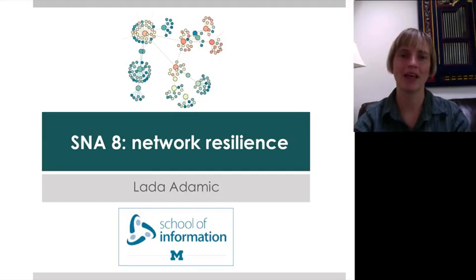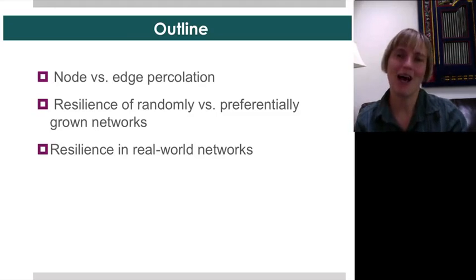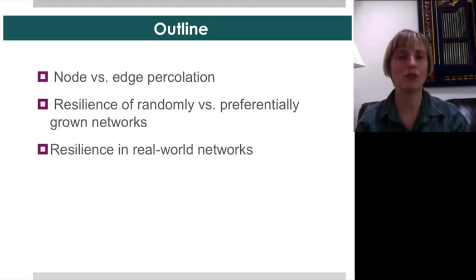network resilience. And this is basically the question of so far we've been nice to our networks, we've observed them and seen the fascinating properties. But in the real world, networks can be vulnerable. And it's actually rather important to understand how resilient they are to two different kinds of losses. They can lose nodes, this is node percolation, or they could lose edges, so nodes losing the ability to communicate with one another. This is edge percolation. So you want to understand how those two things affect how the network can function.